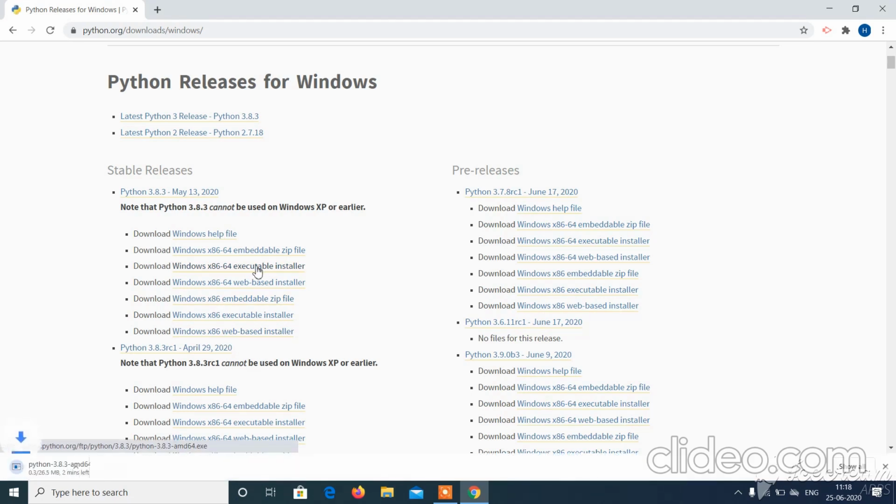Just click on it, and at the left bottom you can see the executable file is getting downloaded. So it will take a minute. Let's wait. You can choose any version you want to. You can use 3.7, 3.4, but always prefer to go with the latest version. Once the executable file is ready, we will be installing our software.